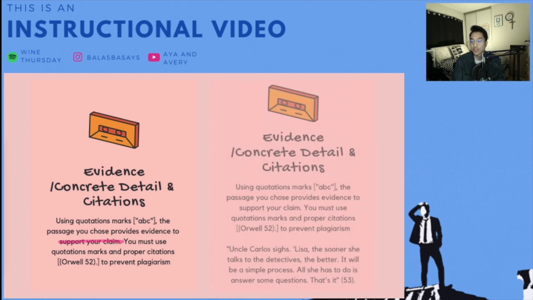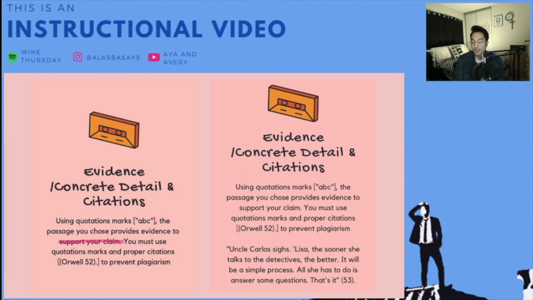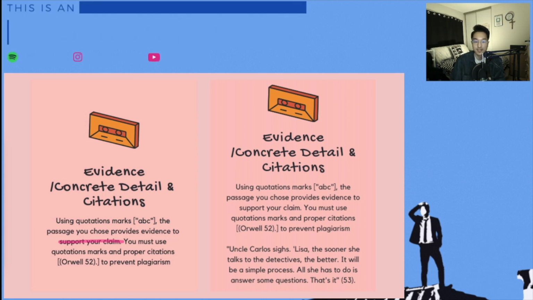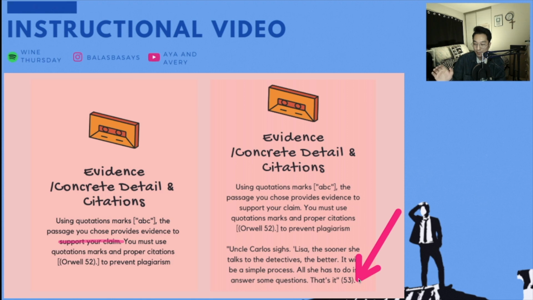So now let's look at an example. Uncle Carlos sighs. Lisa, the sooner she talks to the detectives, the better. It will be a simple process. All she has to do is answer some questions. That's it. So if you notice here, just to point this out, the citation is present and the punctuation goes